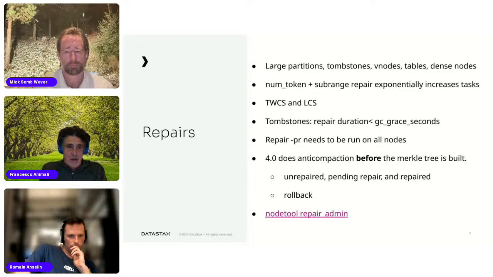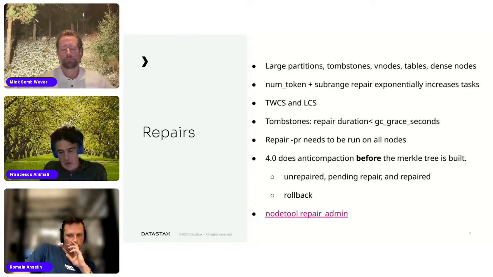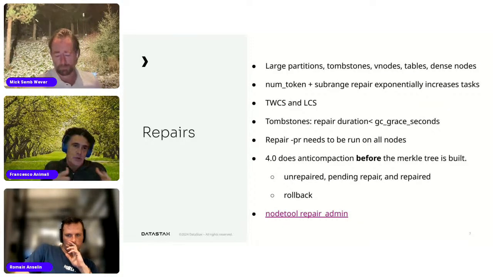But yes, like you were saying, Mick, incremental repair was a great invention because it allows you to repair only deltas or increments. But yes, the implementation then didn't provide the expected performance, in particular because